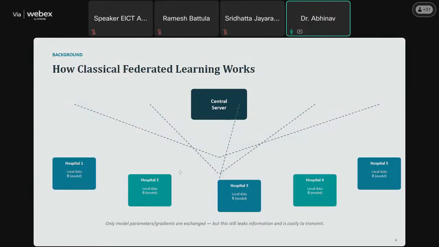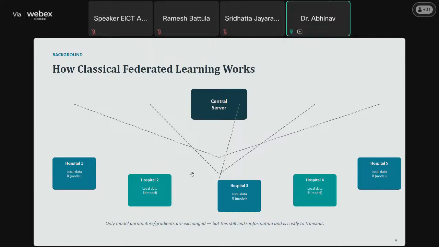So now that you understand the challenges, let me first explain how classical federated learning works. The basic workflow is very clear and you have also seen the demonstration. It will be very easy to understand how MediSec-Ped works and improves upon it. As you see in this figure, we have a central server, and multiple participating hospitals, each with its own private local data set, and this data set never leaves the hospital. The training process begins when the central server initiates a global model.